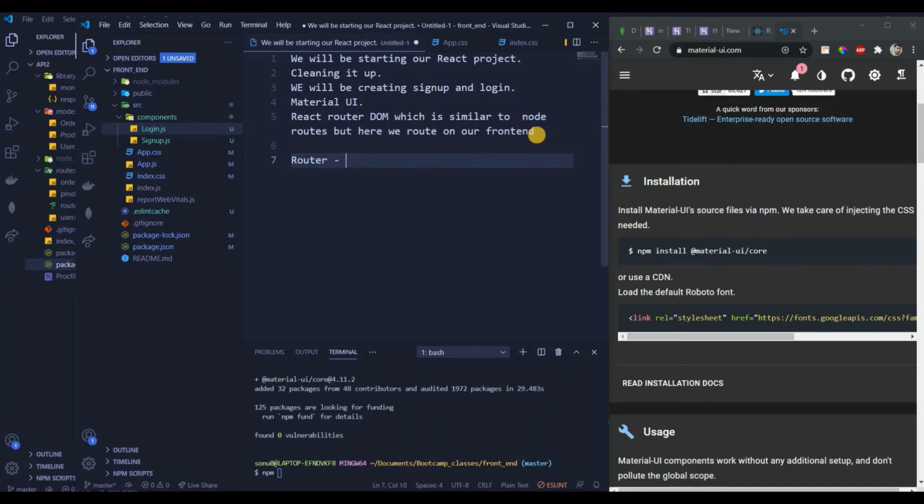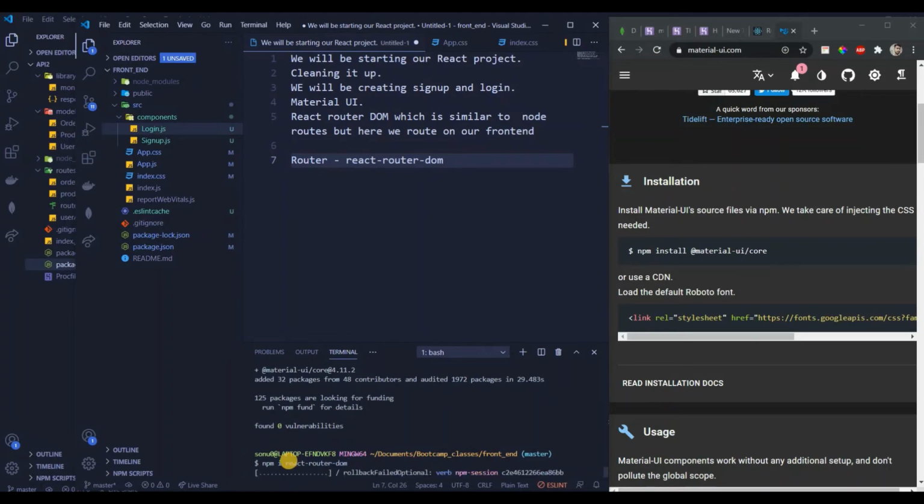It is React Router DOM. So for this, let's go ahead and do npm install react-router-dom, and we'll be able to install this.